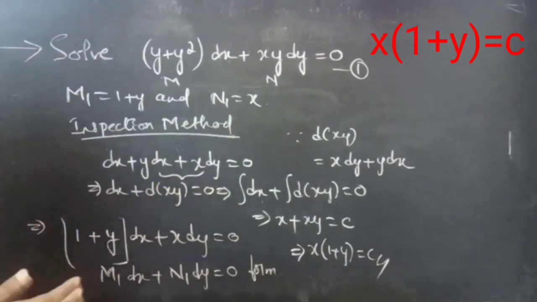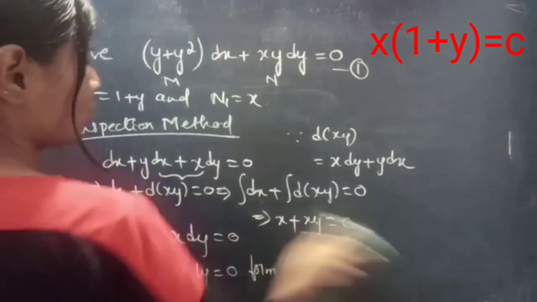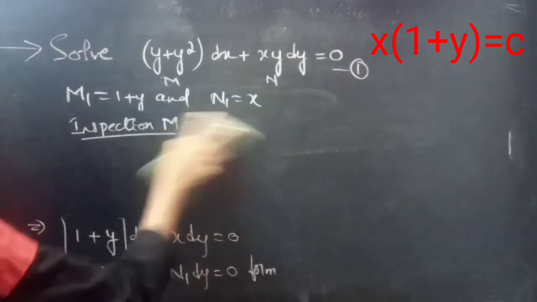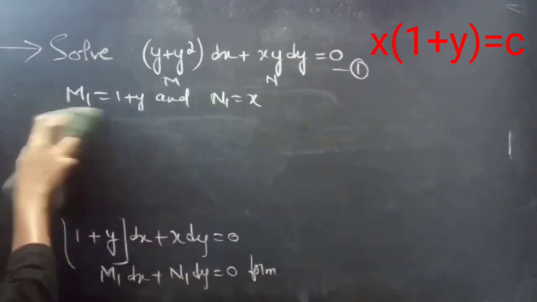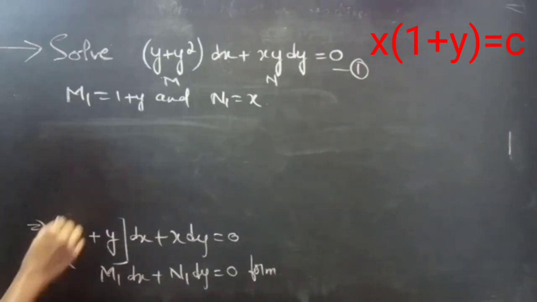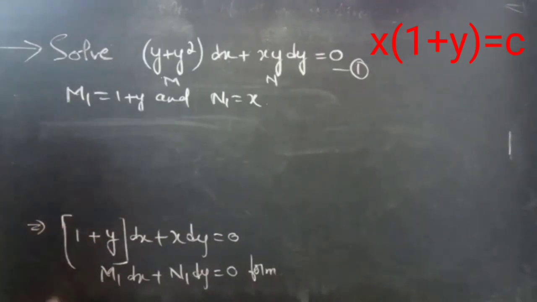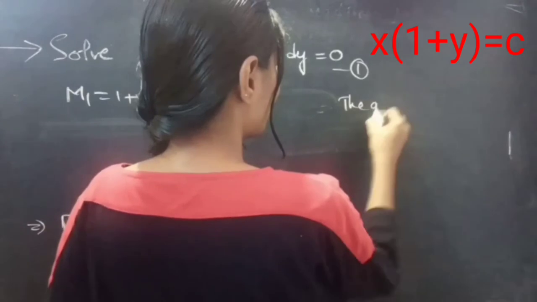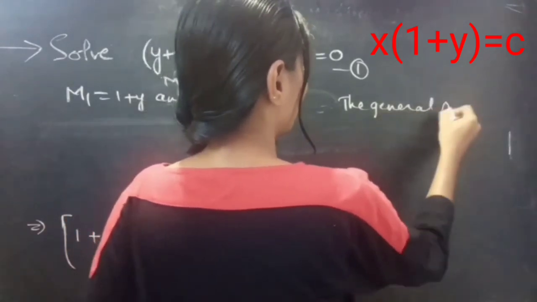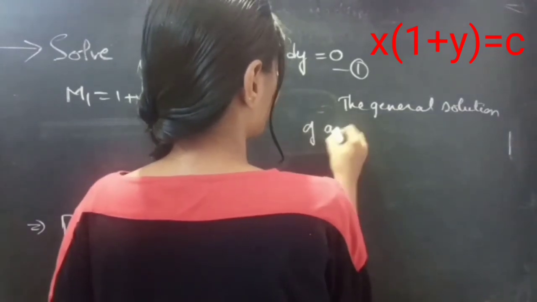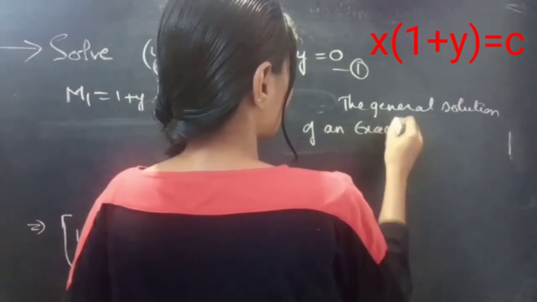But in some cases you can't identify the differential formula. There arises a complexity. So instead of using the inspection method, we'll go for the exact equation method. We know the general solution of an exact equation, right? Therefore, we know that the general solution of an exact equation